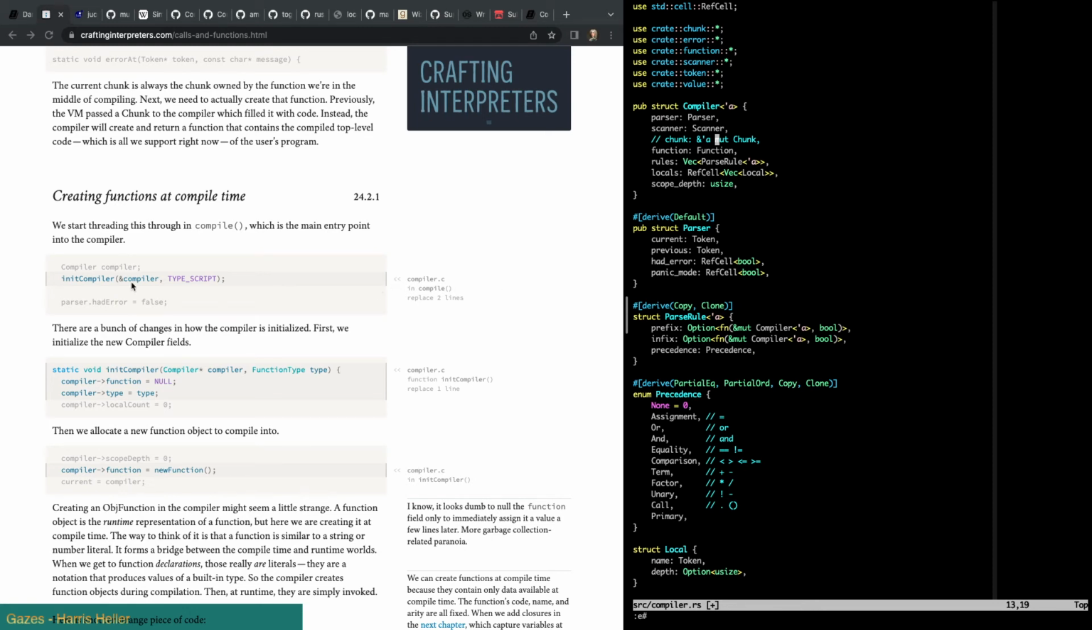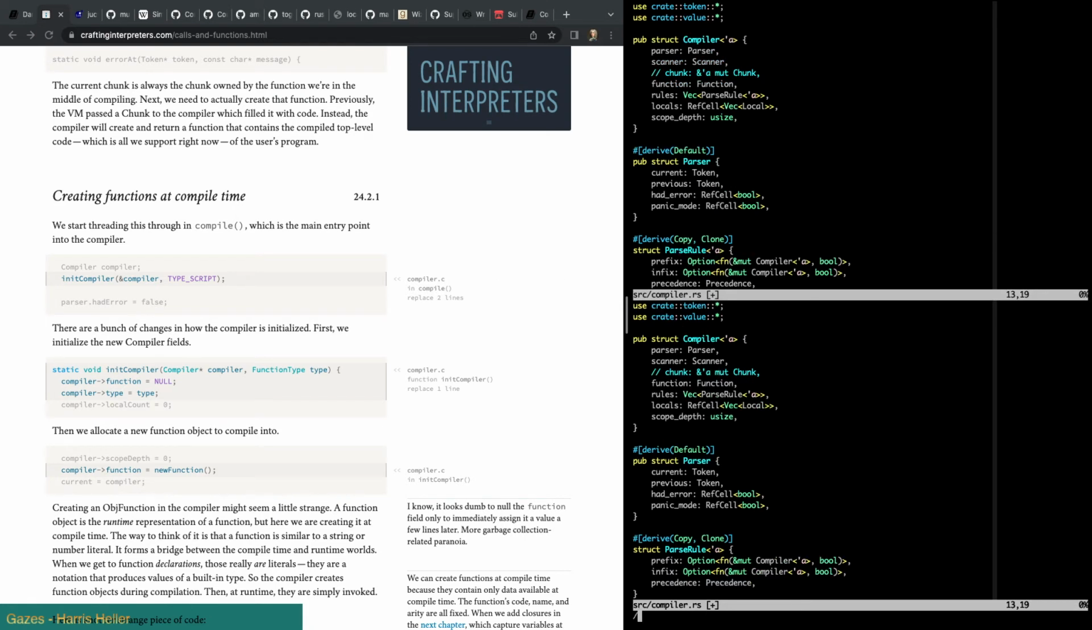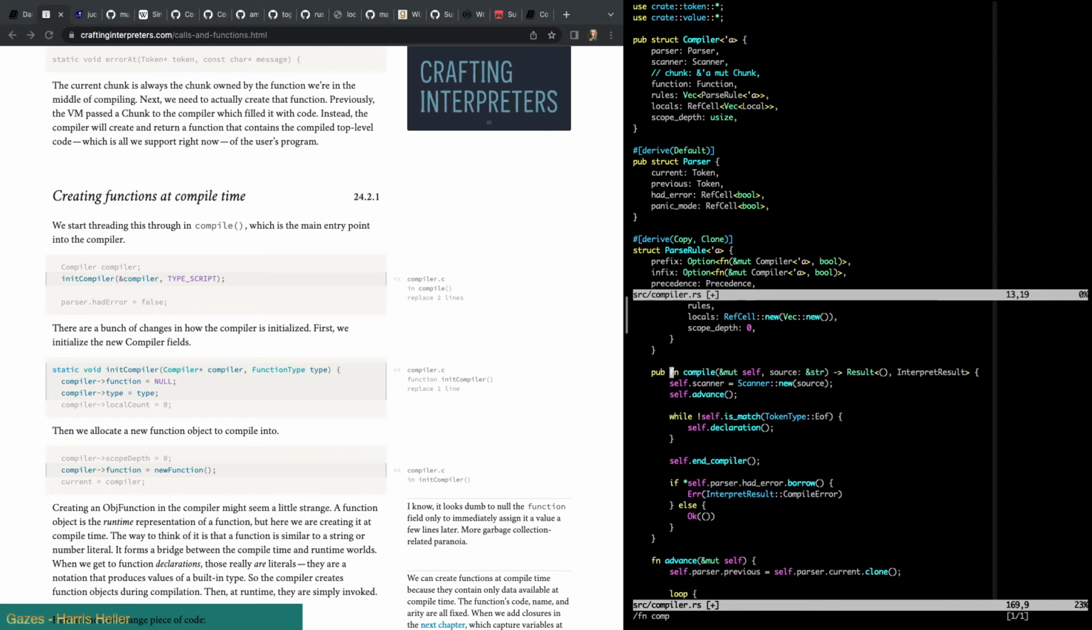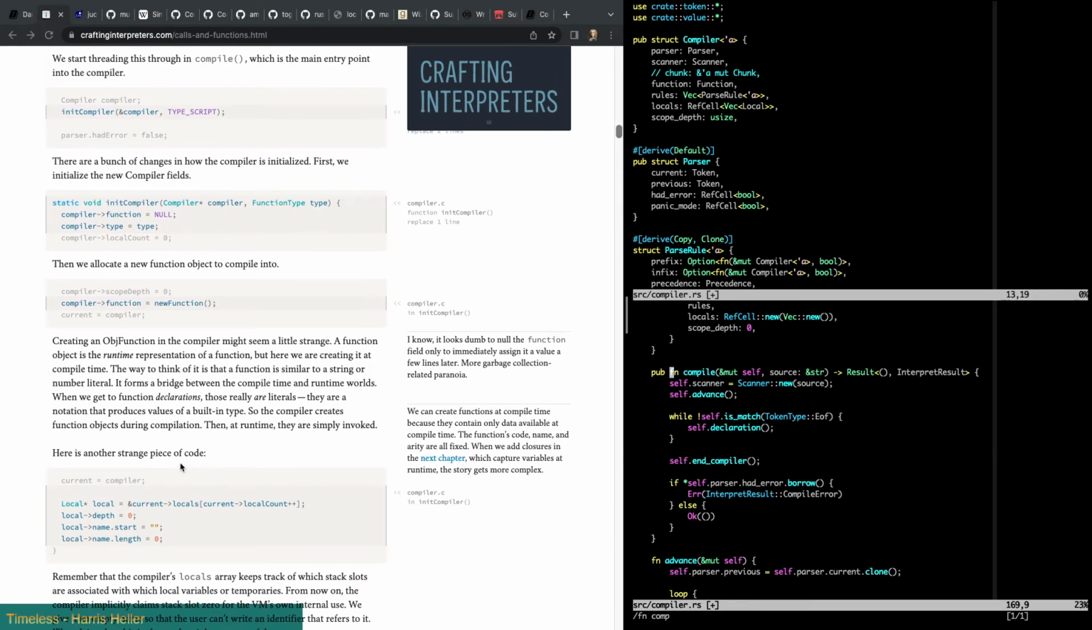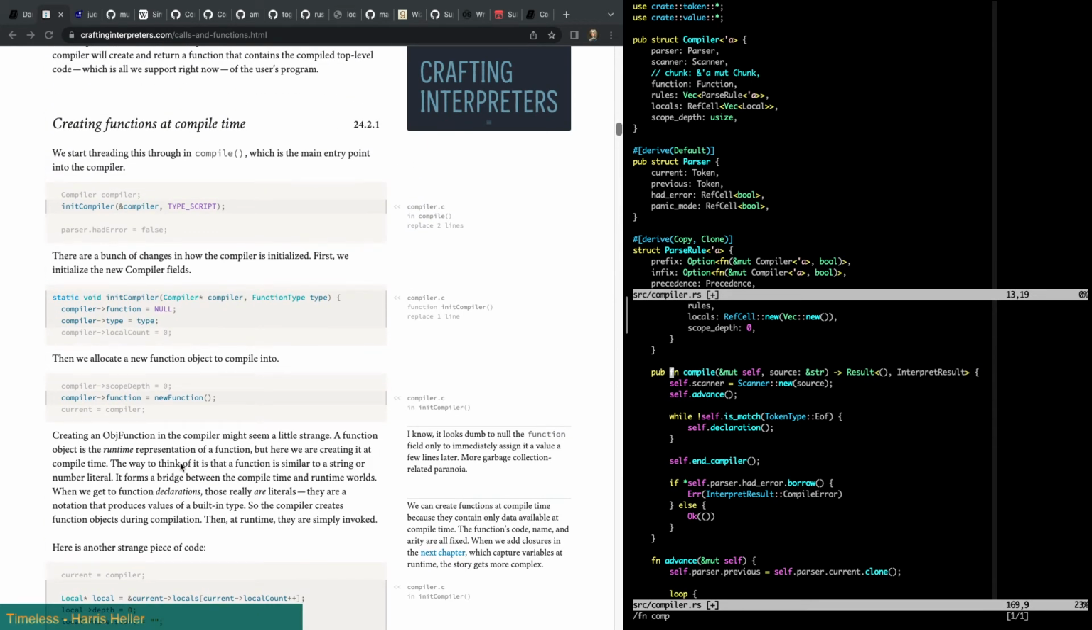So in compiler, we init compiler and say that we have a script. This is our new compilation. If we take a look at the code, fn compile, right? This is where we call the scanner. Here we're generating a new compiler instead. So this still has to happen. It's just that